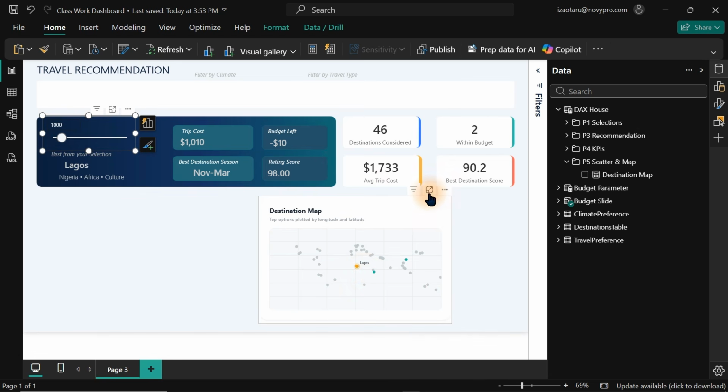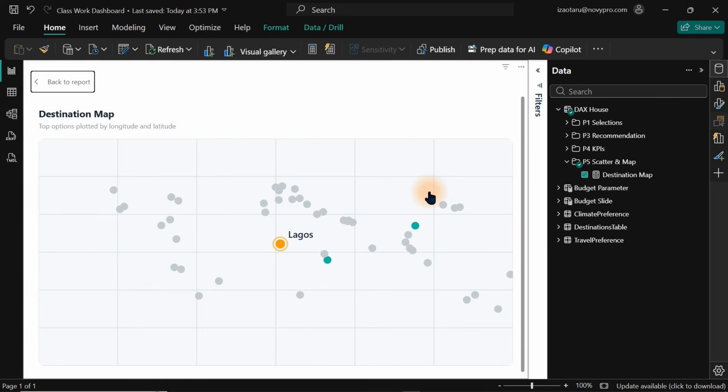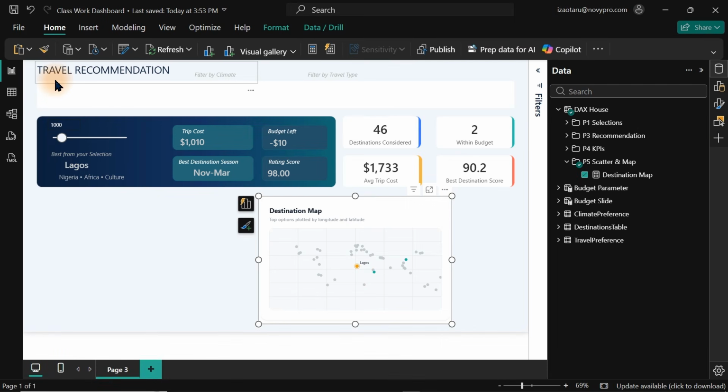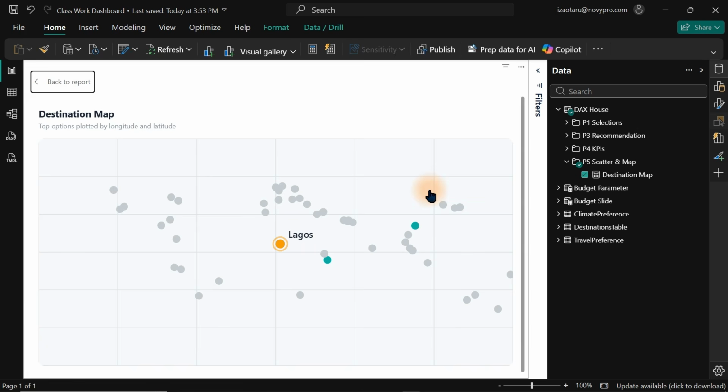Let me give you a focus mode to take a look at what we have right in here. As you can see, if we look at this particular part right now, this is what matches the budget we have selected for the trip. You get it right now. One thing I want to understand is that those gray parts right in here are not really good for us, only those highlighted in green and yellow. Now, this is not yet what I really want 100%. So we have to keep on telling Claude to do this, do that, until we arrive at what we